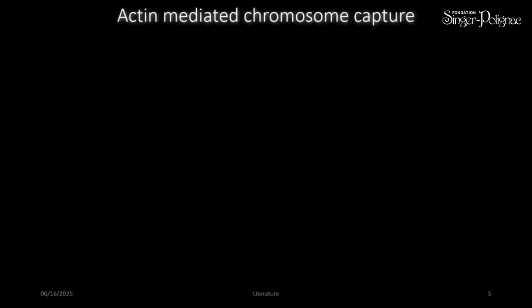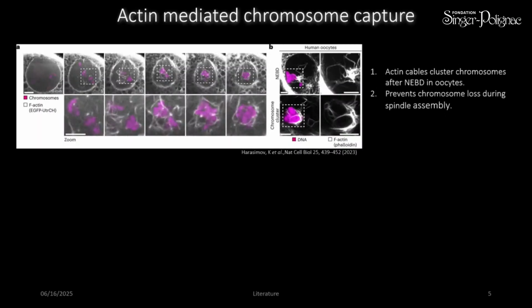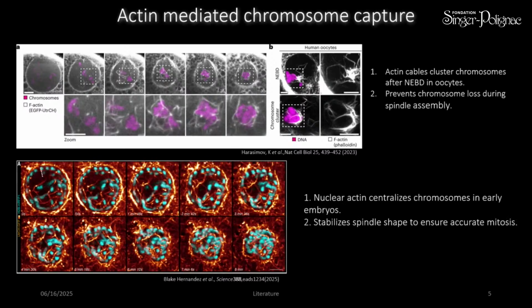Not only in starfish but also in human oocytes. Recently from Melina Schuh's department, in human oocytes and also in porcine oocytes, it has been shown that there are these actin cables which cluster the chromosomes before the spindle assembly right after NEBD and prevent aneuploidy. And not only in oocytes, recently there is a new paper which showed that in early embryonic divisions of mouse, the actin helps in centralizing the chromosomes and also stabilizing the spindle